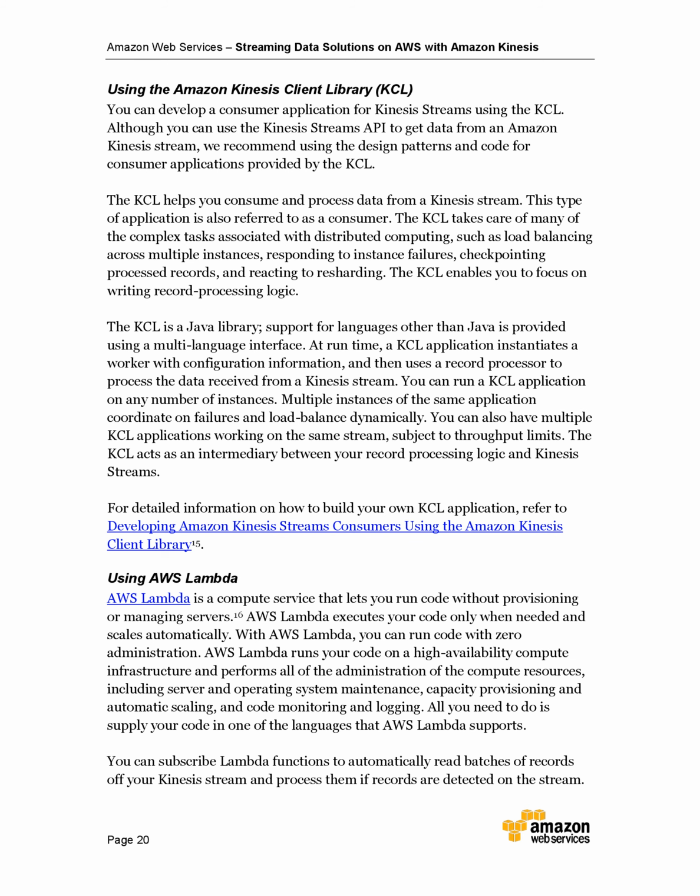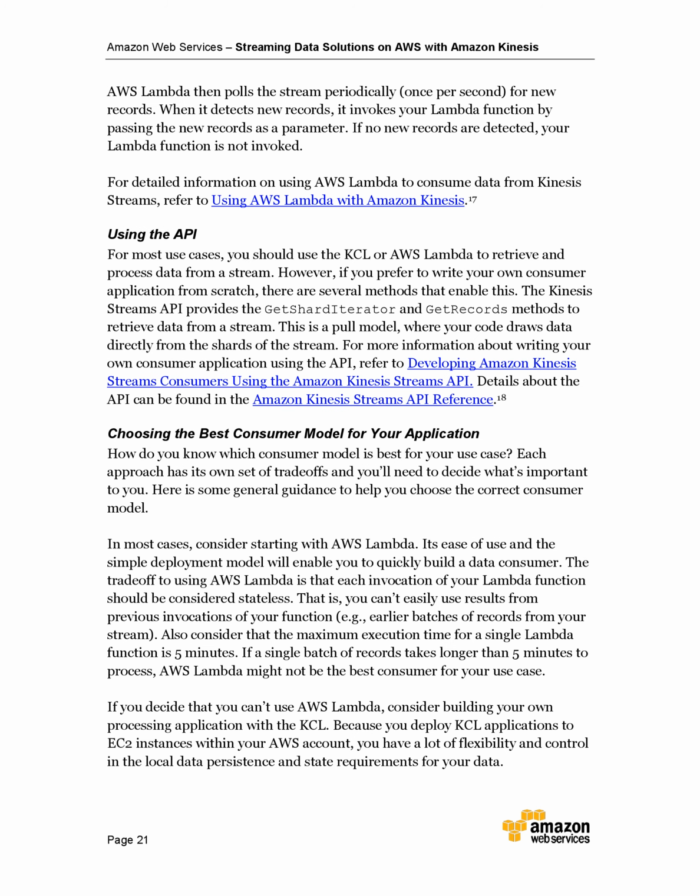You can subscribe Lambda functions to automatically read batches of records off your Kinesis stream and process them if records are detected on the stream. AWS Lambda then polls the stream periodically, once per second, for new records. When it detects new records, it invokes your Lambda function by passing the new records as a parameter. If no new records are detected, your Lambda function is not invoked.